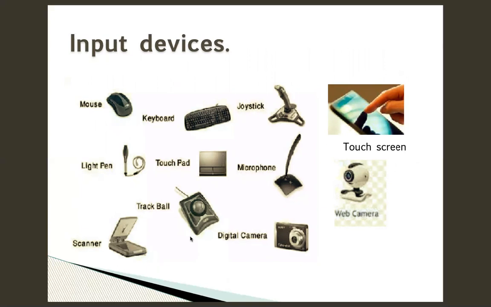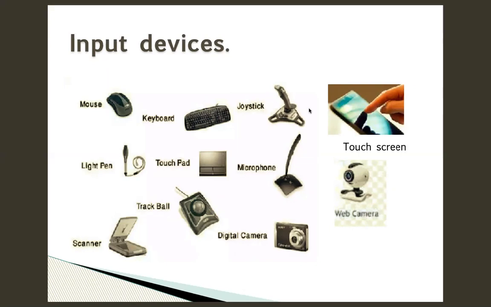This is the digital camera, microphone, touch screen, keyboard, touchpad, light pen, mouse, right? Now we will see trackball, joystick, and scanner. Now this is the trackball. Okay, trackball has a ball on its top and it looks similar to the mouse. It works like mouse. Okay, only the difference is all the control is done with the help of this ball, like moving the mouse pointer. You have to move the ball. If you want to select something, just click the ball like that and it will allow you to select.